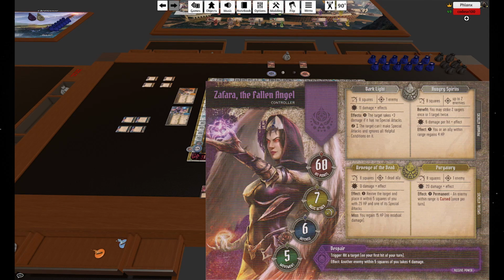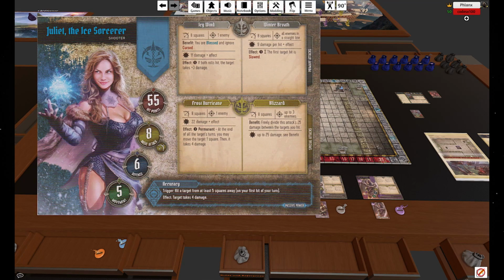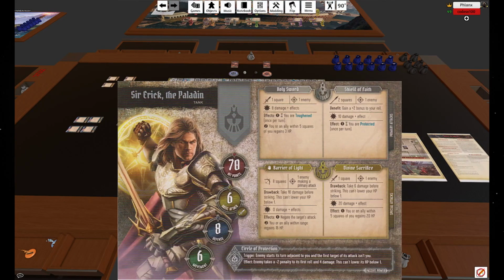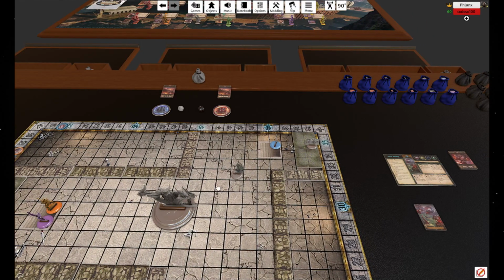So, probably gotta go max damage. Well, actually, no. Maybe Sir Eric should go first. He is the tank. One, two, and then where's this guy at? So his reach is at 2. So we can go in here, right? 1, 2,